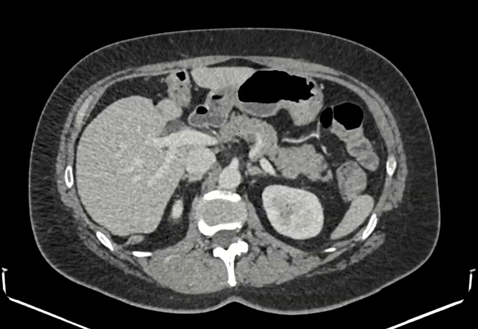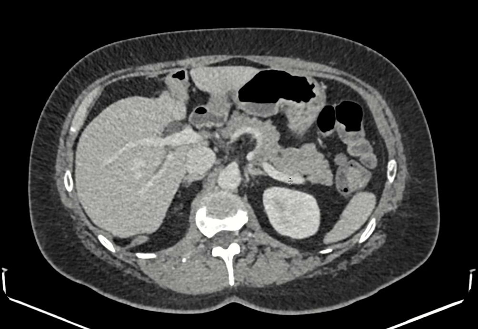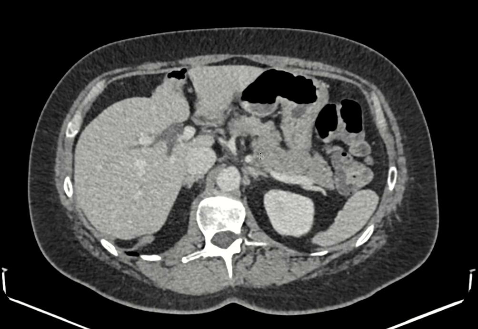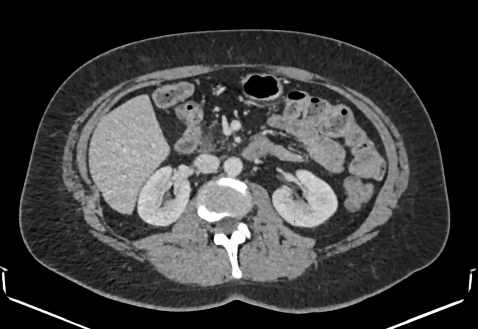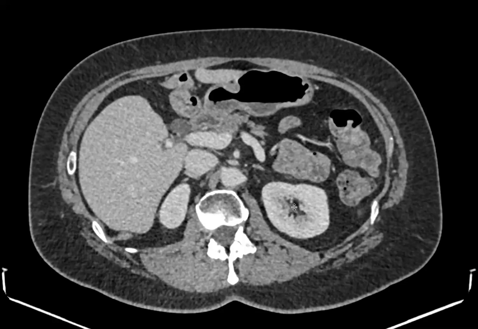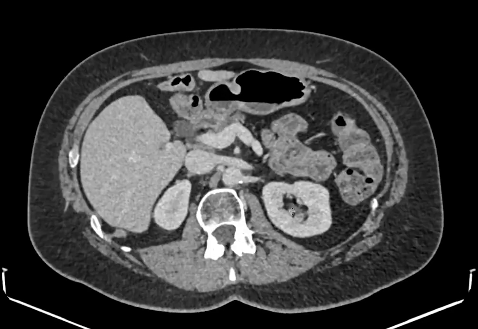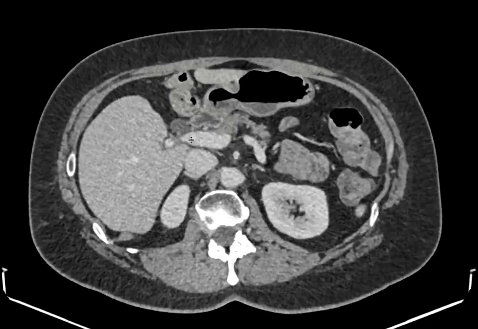Now the dorsal portion, which is again your body and tail of the pancreas, that is supplied by branches of your splenic artery, drained by your splenic vein, and the pancreatic duct that involves this portion is your duct of Santorini. So because they have different arterial, venous, and ductal supplies and drainages, they can appear quite different, kind of